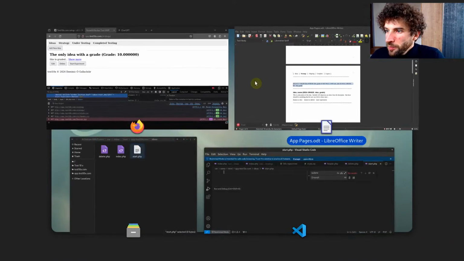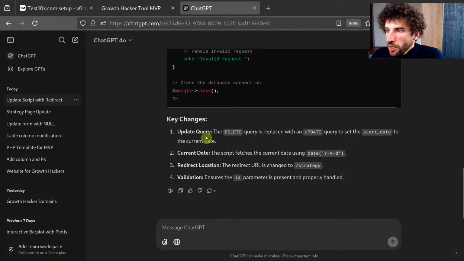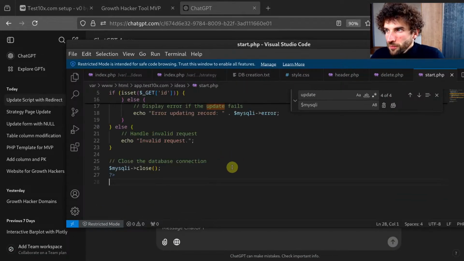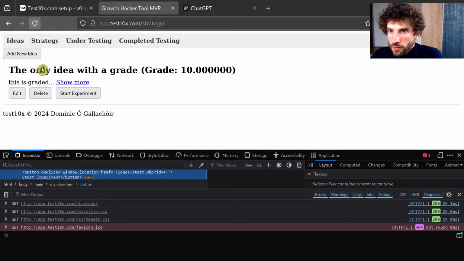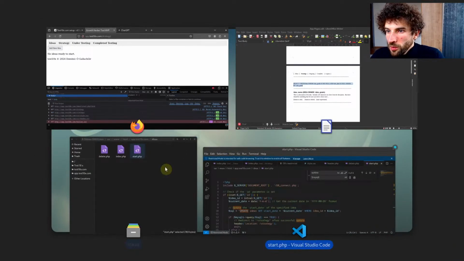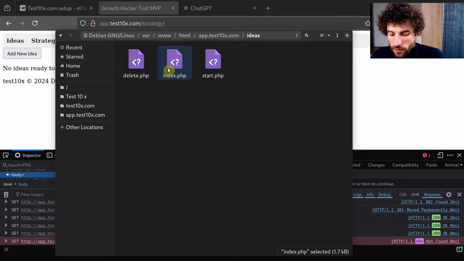Now the annoying thing about this is there's going to be a lot of editing to do to make all this stuff secure before it can go live, but it is what it is. Okay. So now that works, it seems. So ongoing is going to be the same as this,